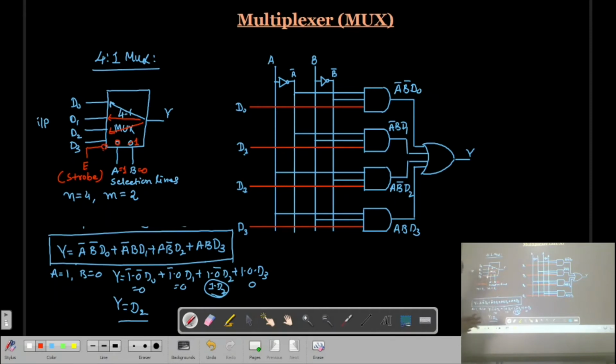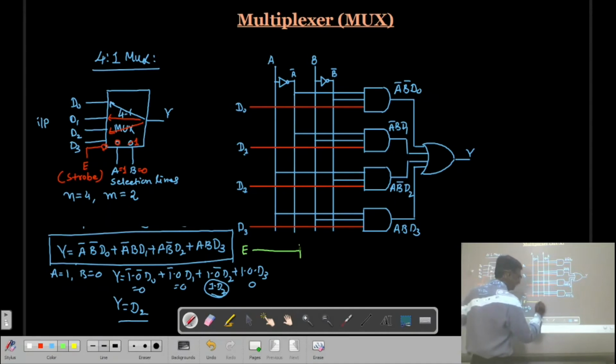So whenever the enable pin is 0, then only the multiplexer action will take place and you will get the output. But if the enable pin is high, then the output will always be 0. So how can we accommodate this in a logic diagram? So one more thing is there, that is called an enable pin.